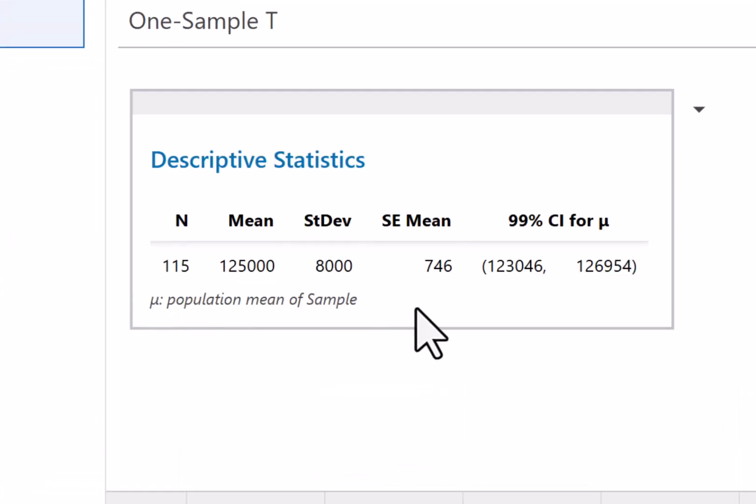This tells us that our standard error of the mean was 746 and our 99% confidence interval for the mean mu has a lower bound of 123,046 and an upper bound of